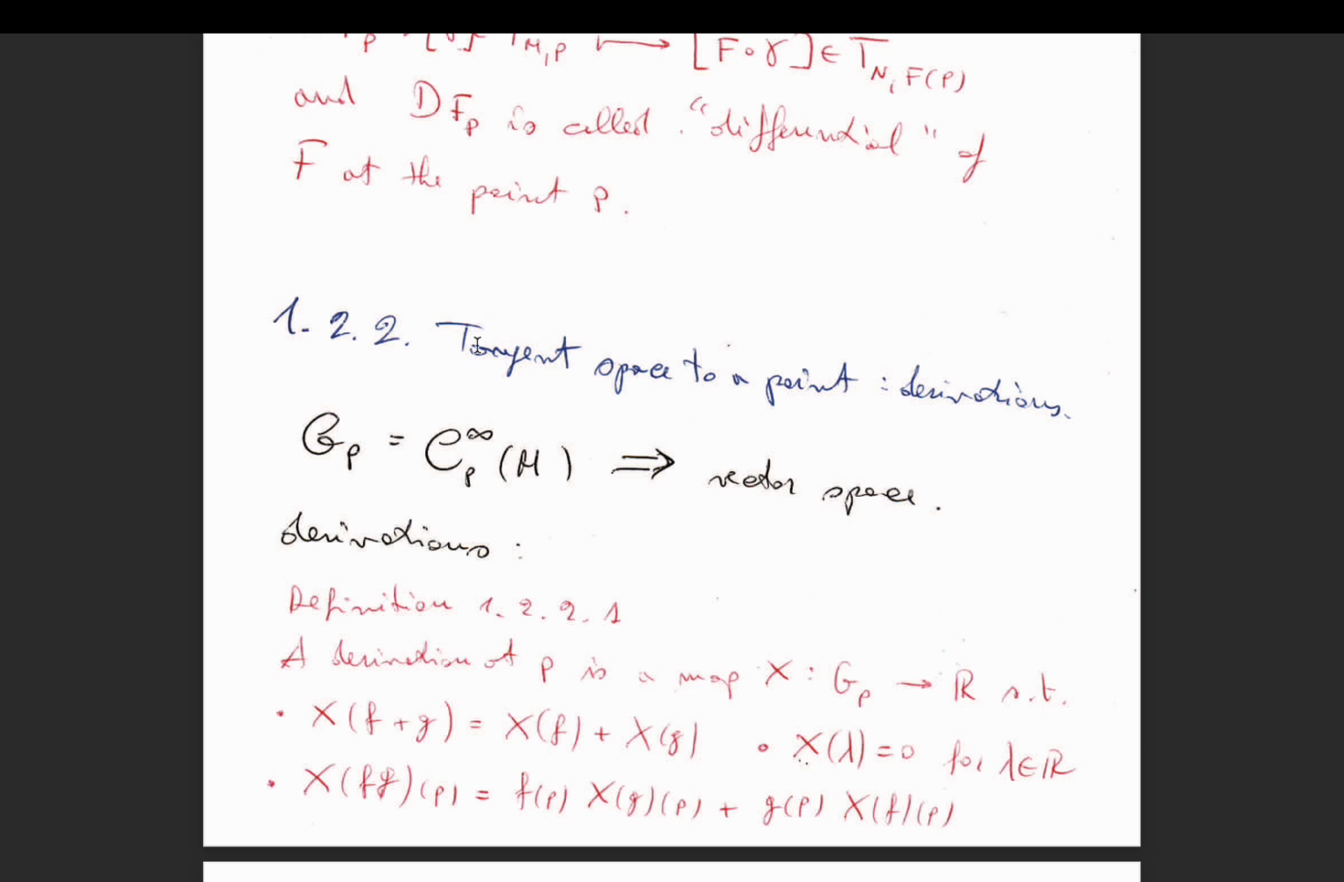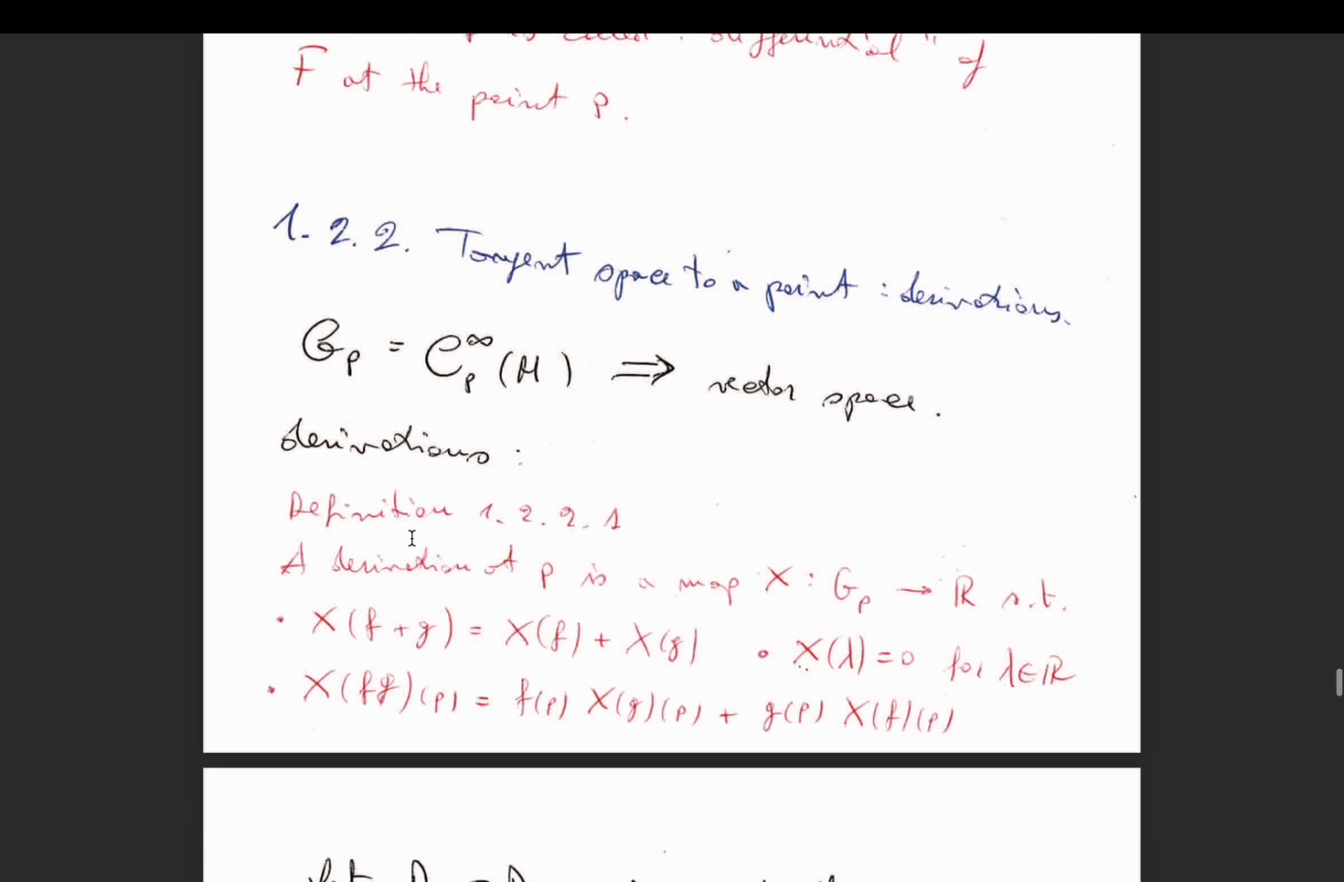Now this differential will be easily computed if we introduce the algebraic formulation of the tangent space to a manifold. To do this, let's first consider the space of germs of functions G_P, that is C infinity at P of M. This naturally has the structure of a vector space. Now, what is a derivation over the space of germs of smooth functions at a given point P? It is a map from the germs of smooth functions at a point P